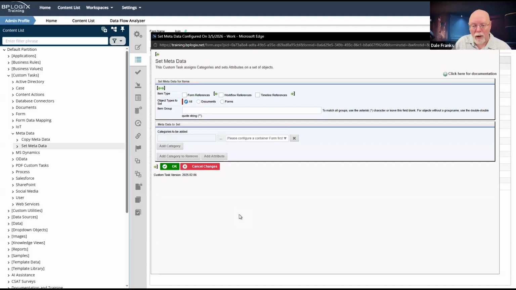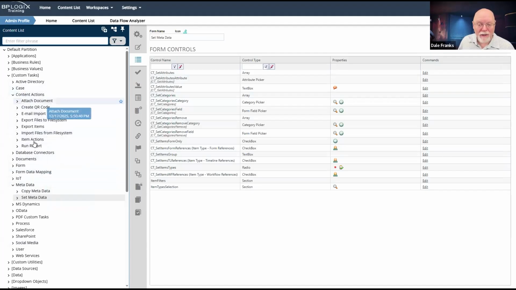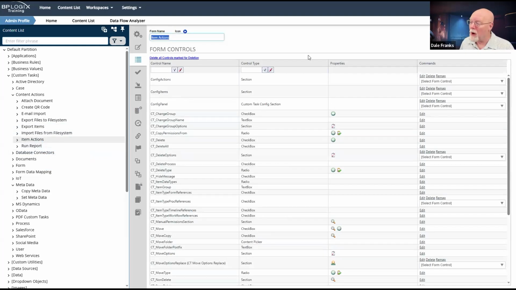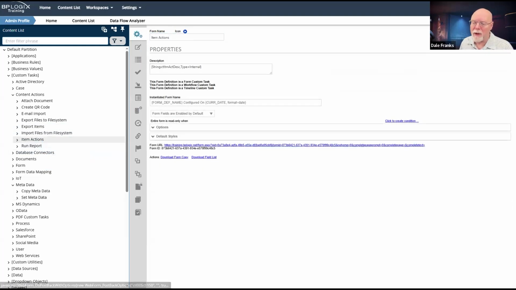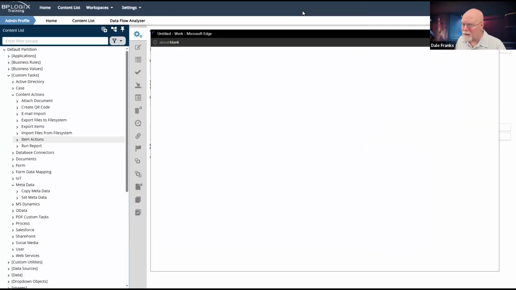There are a couple of custom tasks like this. Set metadata is one. Item actions is another. So if we go up here to content actions, there we go. Item actions is another one that it doesn't really matter where you call it from. No matter where you call it from, you have access to doing any change to content list items that you want to change.